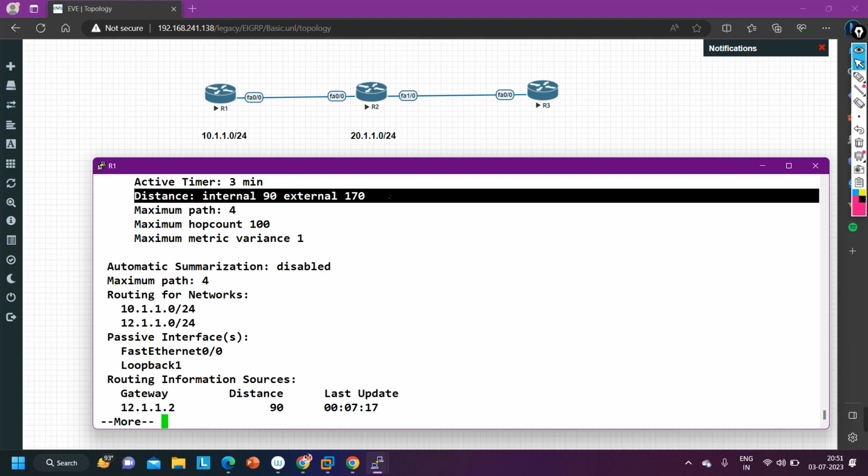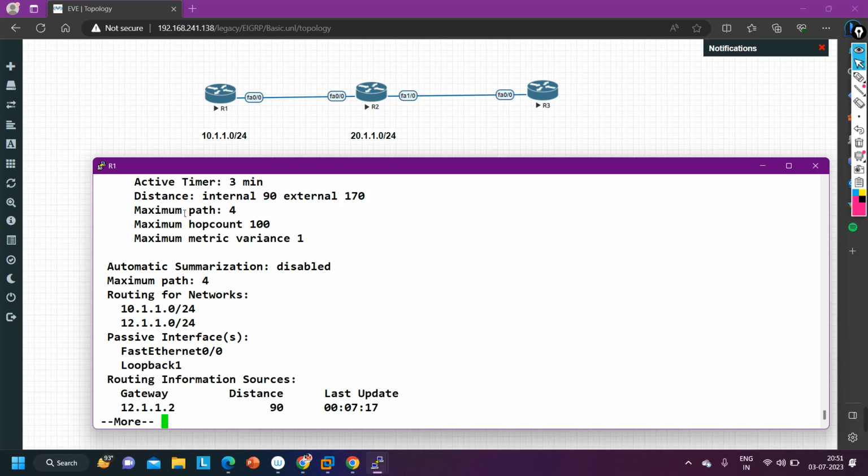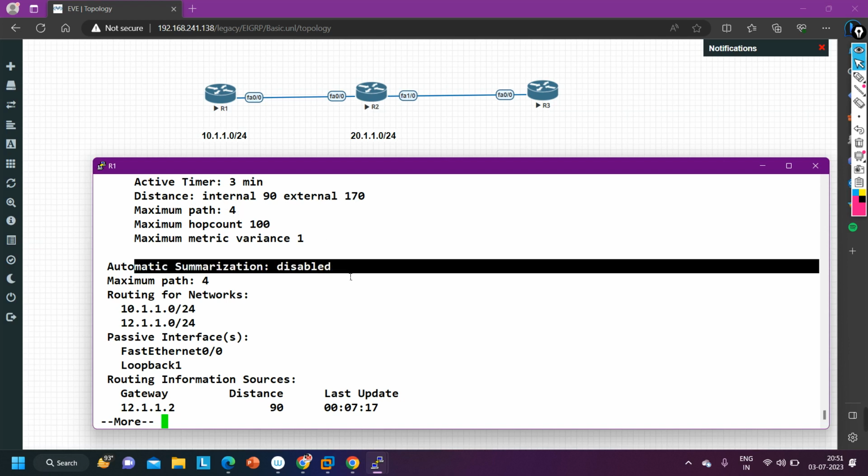Guys, we have one more type of AD value in EIGRP. Can anyone tell me about that? External 170. 170 is fine. Internal is 90. And 5 is also an AD value of EIGRP. It is used by EIGRP during summarization. Yes. After that, here is information about the maximum path, the variance values,